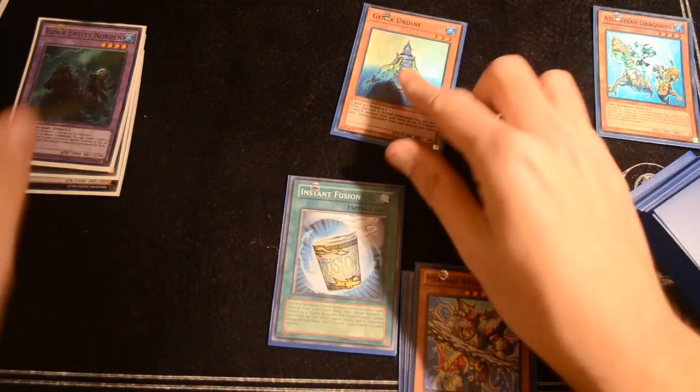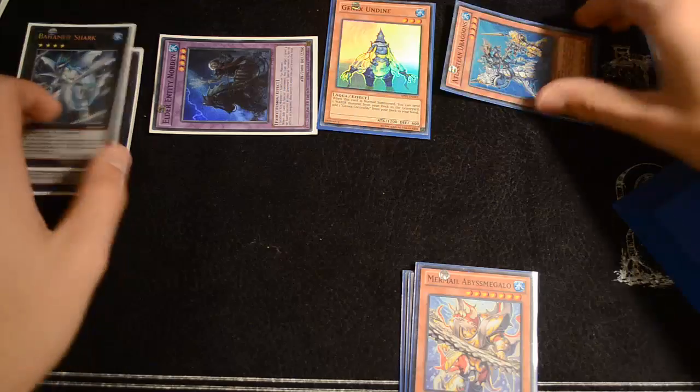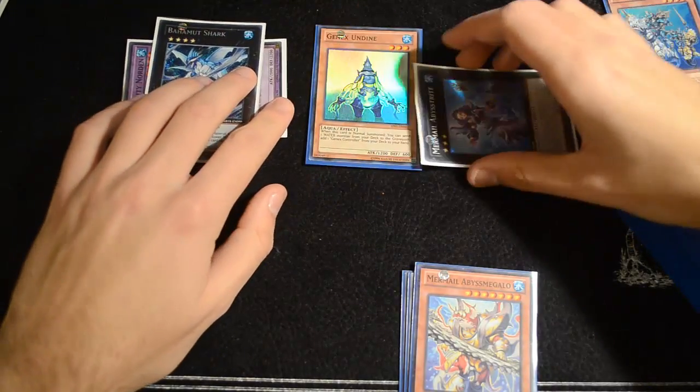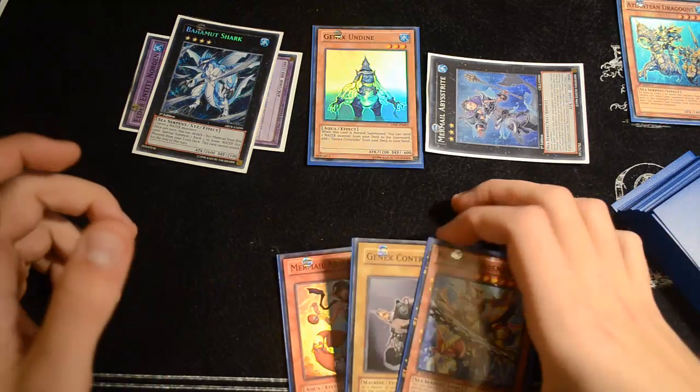So we play the Instant Fusion again to get the Norden, to get the Dragoons. These two can overlay again for Bahamut Shark, and again Bahamut Shark detaches, this time to summon the Trite. So once again we've managed to use up 3 of our monster slots, and well, would you look at the